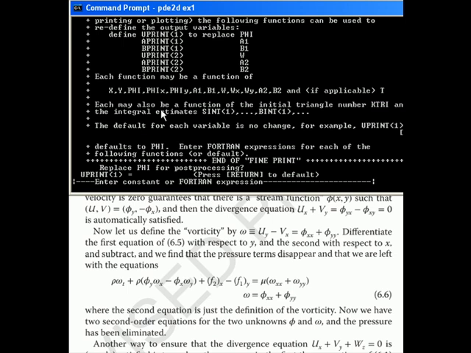Okay, now we're going to want to plot, remember, the velocity. We want to plot the velocity. That's going to be, remember, phi y comma minus phi x. And so I'm going to have to define